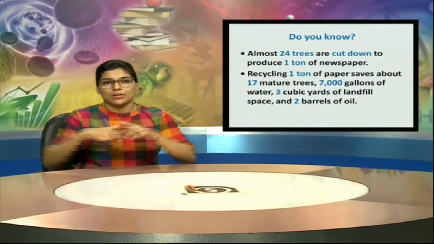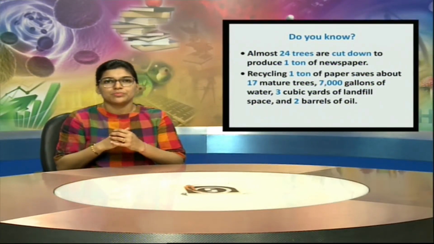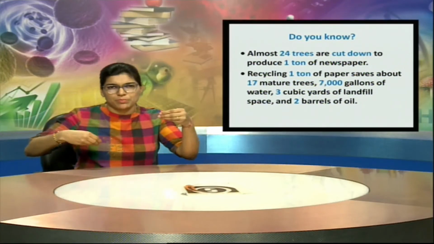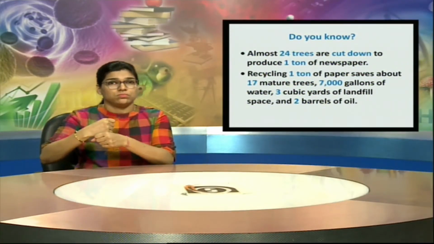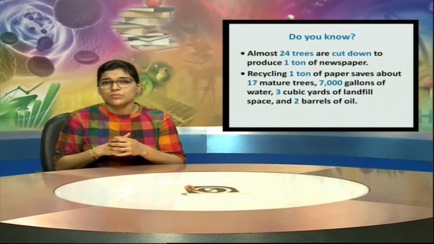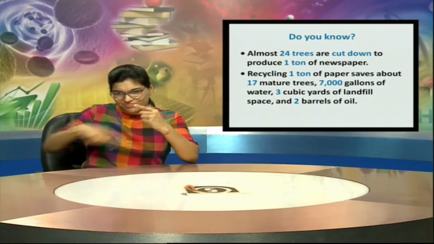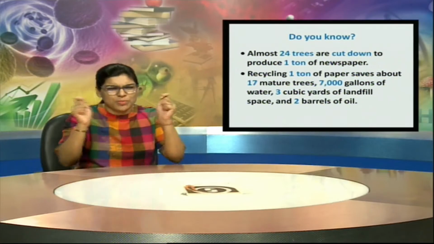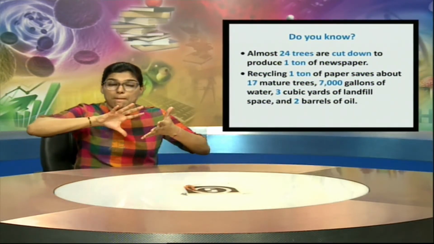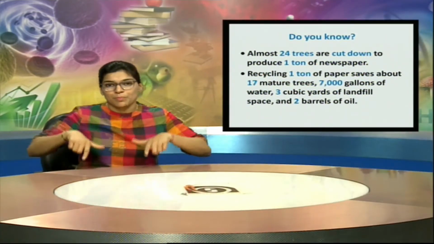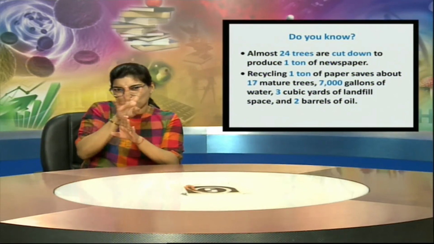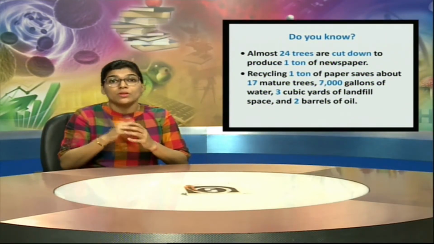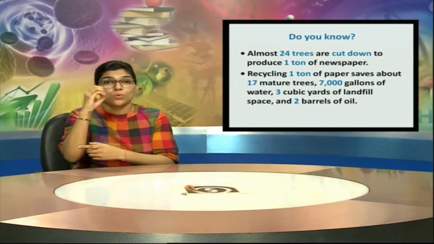Now, we will discuss some interesting facts. Do you know that almost 24 trees are cut down to produce 1000 kilograms of newspaper? We all know that 1000 kilogram is equal to 1 ton. So, recycling of 1 ton of paper saves about how many trees? Like we discussed, 24 trees, if they are cut down, then it will produce 1 ton of newspaper, right? Then if we recycle that 1 ton of newspaper, it will save